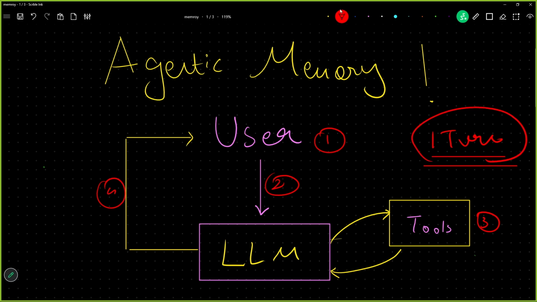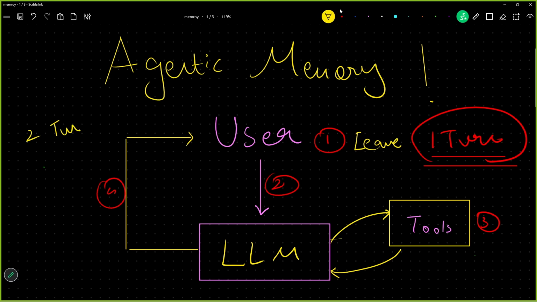If we give a second message, a new message comes into the picture, a new question. The first question was regarding vacation policy. The next question was regarding leave policy. Again, for this question, this entire loop will run, and all these four things will come into the picture. So that will be the second turn, turn number 2.